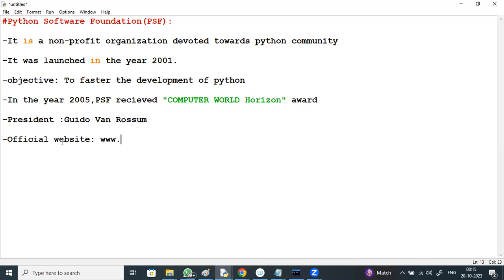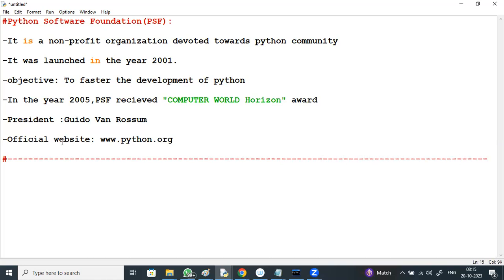The official website is python.org, from where we can download Python. Also, we can see the documentation of Python for each and every Python release there.